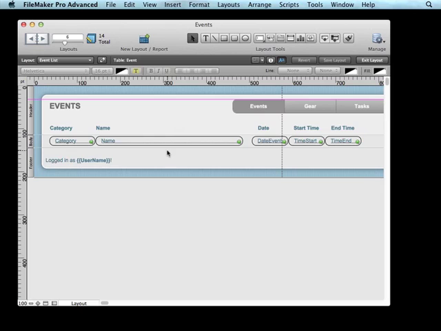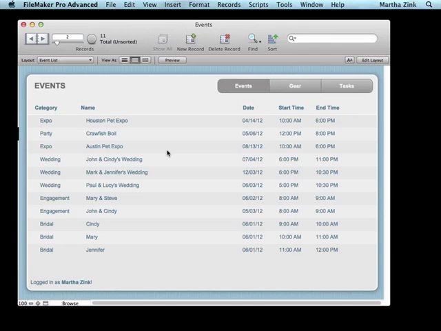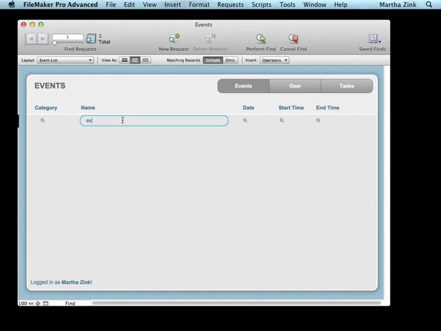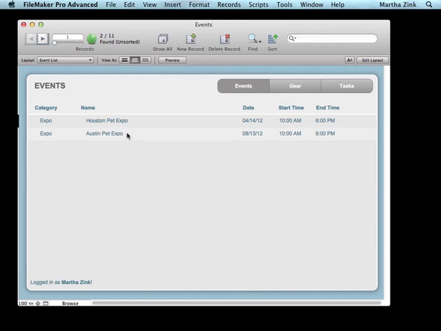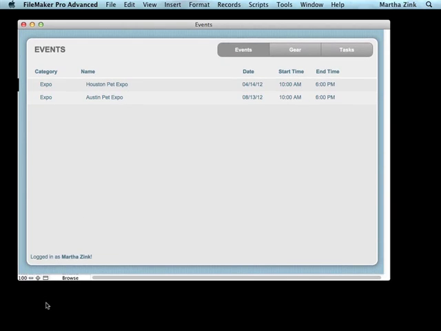Now I think that's great, and I know we've used it like this before, and we still have the ability to do things like current page and current record and things like that, but I think the place where I'm going to use it the most has to do with the number of records that I'm looking at. So when I'm in browse mode and I go in here and search for the word expo and I get 2 records back, if I'm hiding my toolbar, it becomes very hard for the user to know how many records